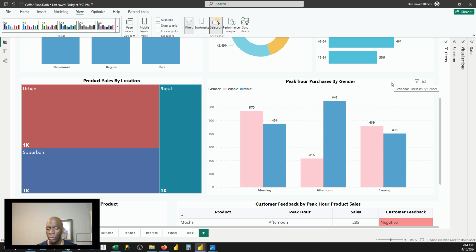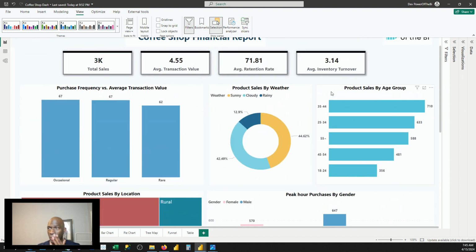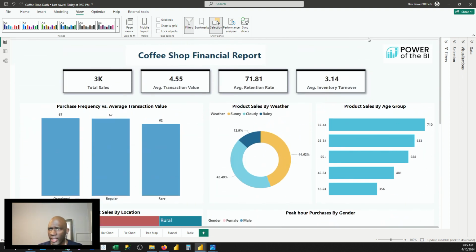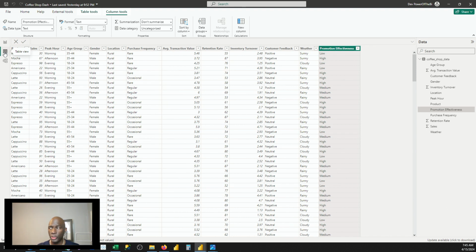So with that said, we were looking at and analyzing this particular report. Remember, we started at a very basic level with an Excel spreadsheet, and we call that Excel spreadsheet a data source. But again, remember that it doesn't matter what the source of data is. Once we bring that data inside of Power BI, it does not matter what that source of data is. In this particular case, it is an Excel spreadsheet, but we could have several different sources, whether it be databases,